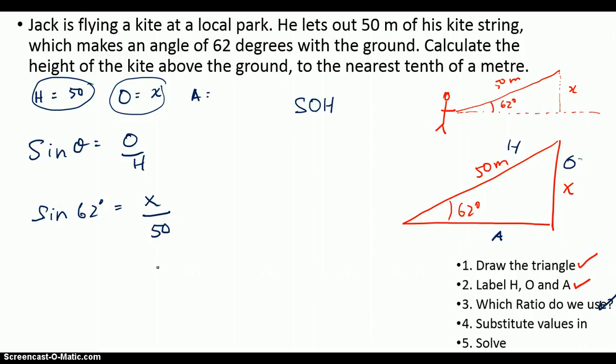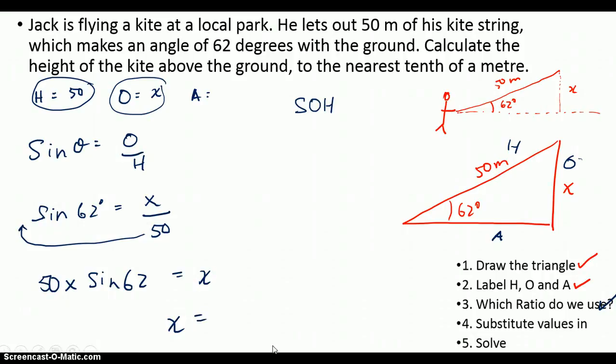Now, from here, what we have is a particular case where we don't actually have x on the bottom. So if we don't have x on the bottom, it's just a matter of multiplying at the front. So this becomes 50 times sine 62 equals x. So in this case, if you plug that into the calculator, you should get a value of,